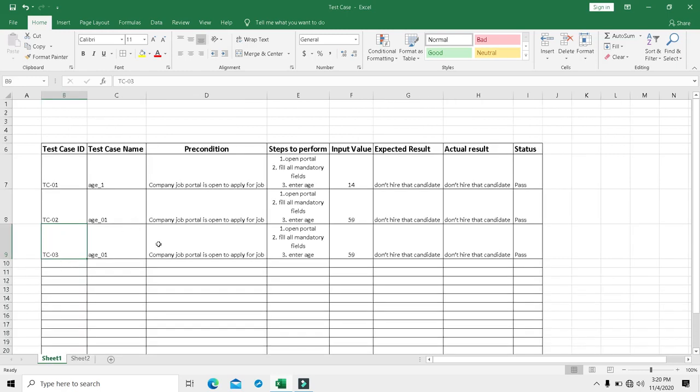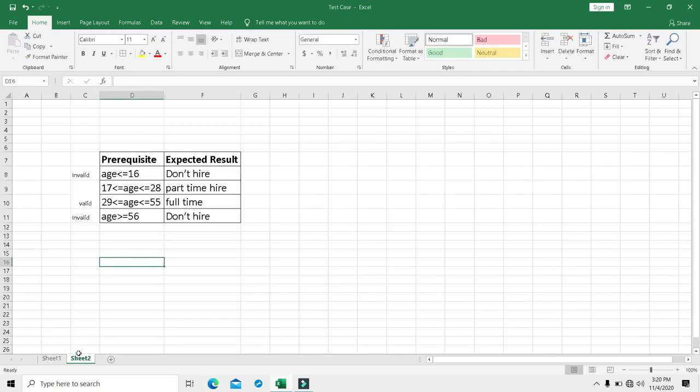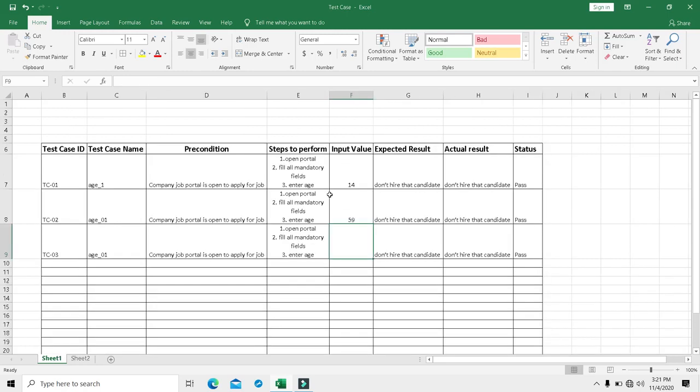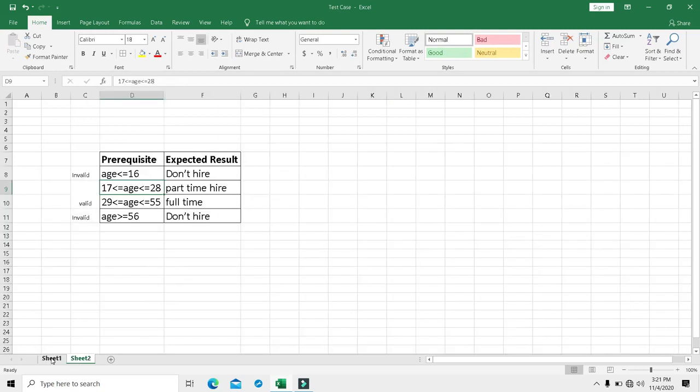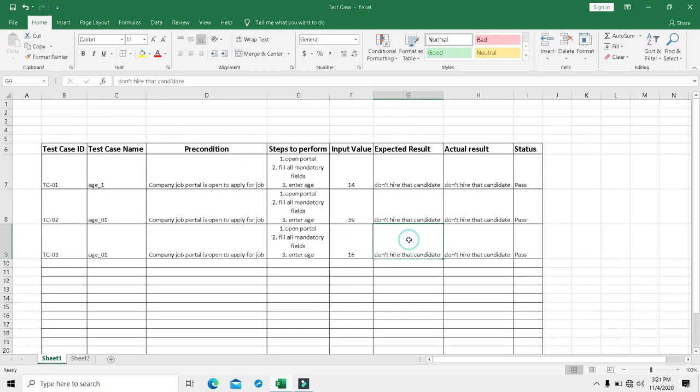So here we are going to write the test case, but here I am going to change my input domain. Here I am going to enter the value of that particular boundary. The minimum of my valid boundary is 17. Now I am going to give minus 1 of the lower boundary. Here I am going to put the value as 16. Again I am going to get the message don't hire that candidate.